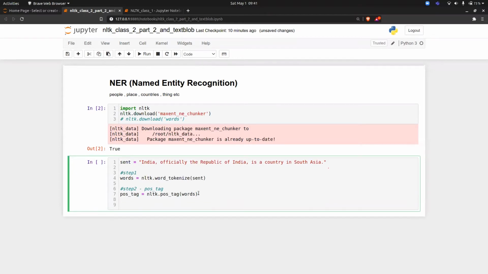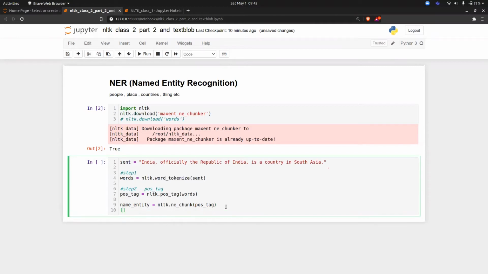So named entity is equal to nltk.ne_chunk, and inside this you have to pass the POS tag variable. Once you have done this, the only thing you have to do is print named entity.